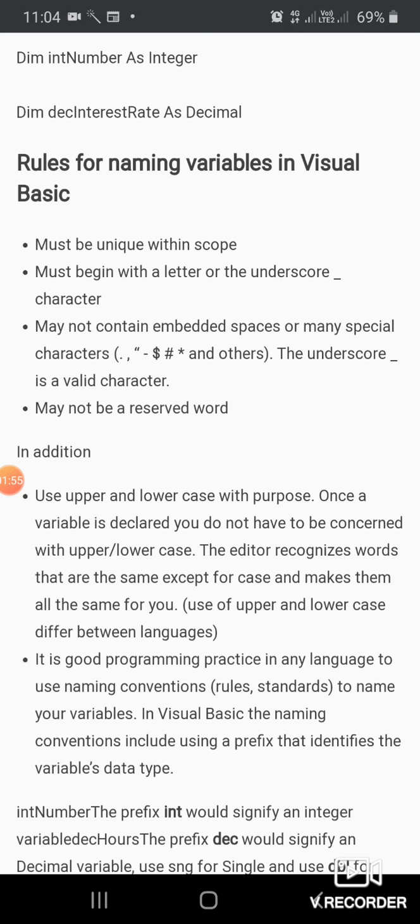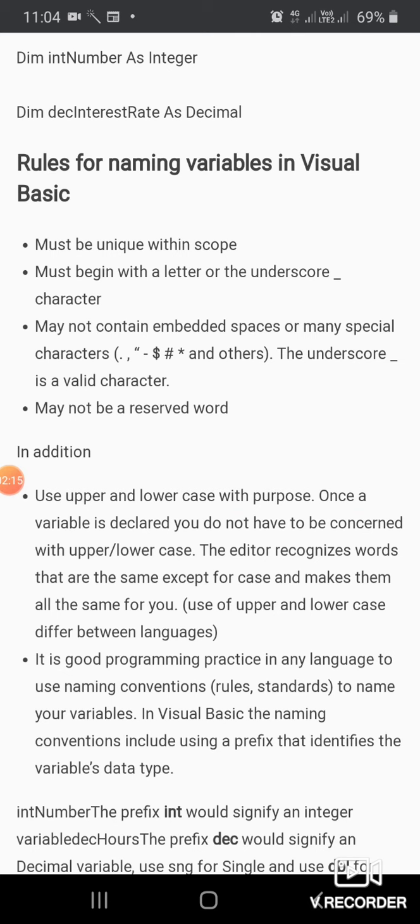Now what are the rules for naming variables in Visual Basic? There are rules for naming variables. The variable name must be unique within scope. In a particular scope, a variable name should not be repeated; it must be unique.